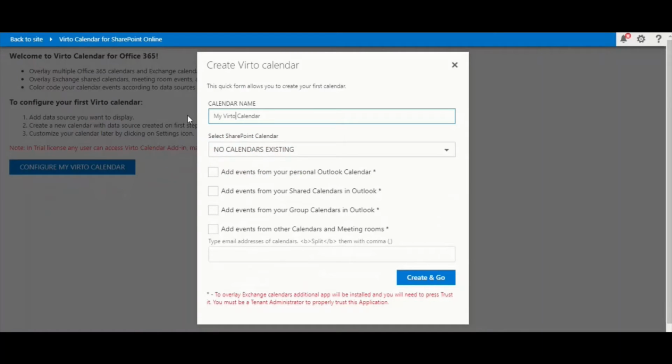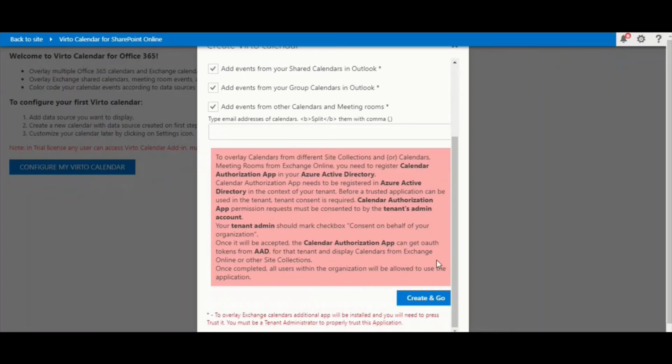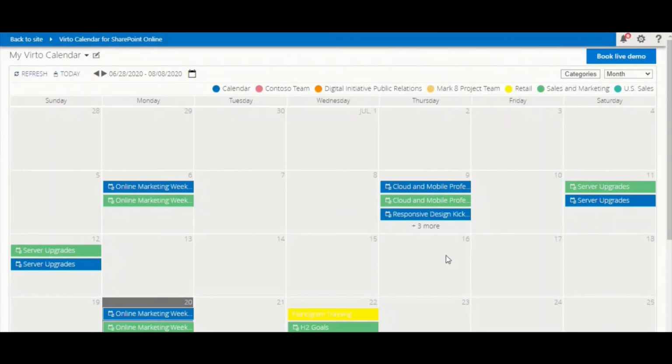Type the name of your Virto Calendar, and even if you don't have any calendars existing, just select events from the Outlook which you're going to add and click Create and Go. The calendar will be added to your SharePoint site, and now you can go back to your Teams